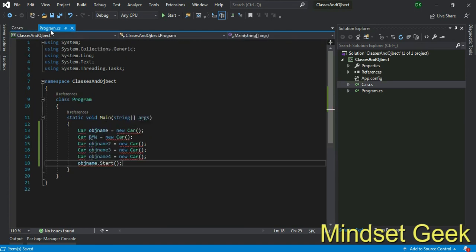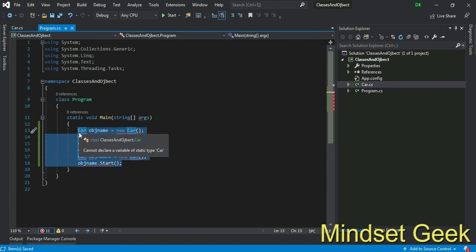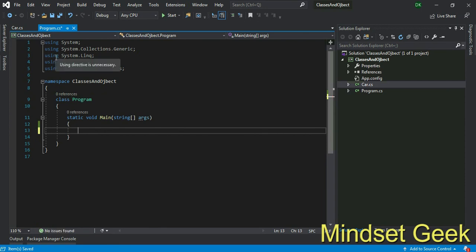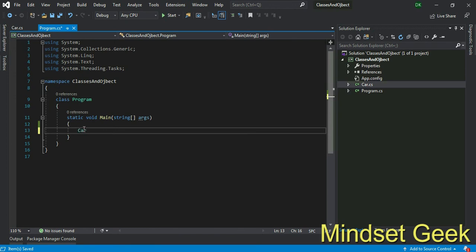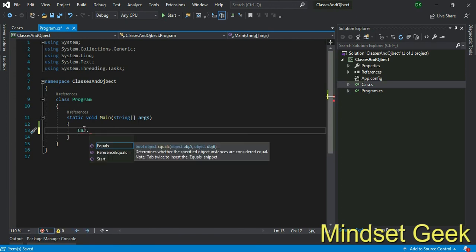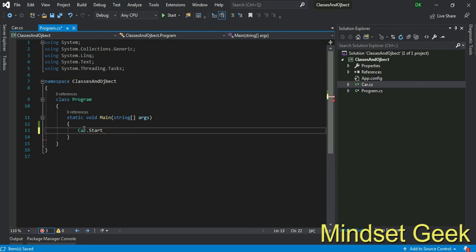You must add only one object. This will not be applicable. You can't create an object; only one object is available. That object is accessed with the class name dot start.